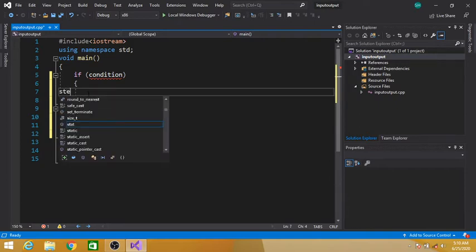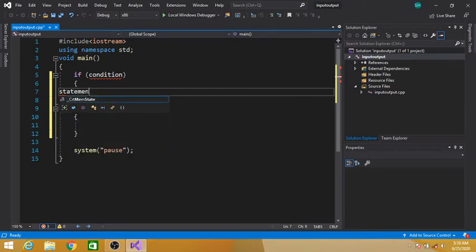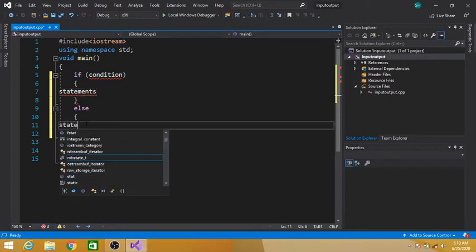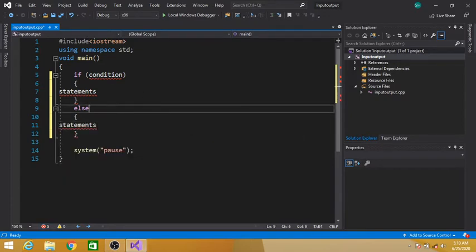When the condition is true, these statements will be executed. The statements under the if condition will be executed when this condition is true, and if this condition is false, then the statements under else will be executed.